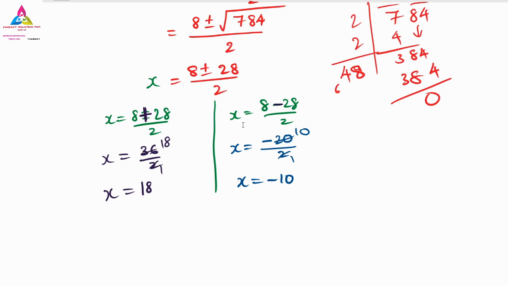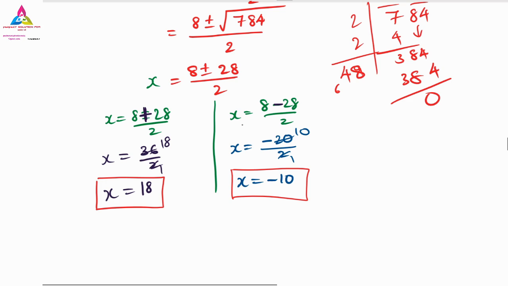They have not told us whether it is a positive or negative number, a real number, or a natural number. Anything they have not informed. It is only a number, which means it may be positive or it may be negative also. So both answers are possible, because we are not finding a length or money or anything like that. Okay, so both are possible.